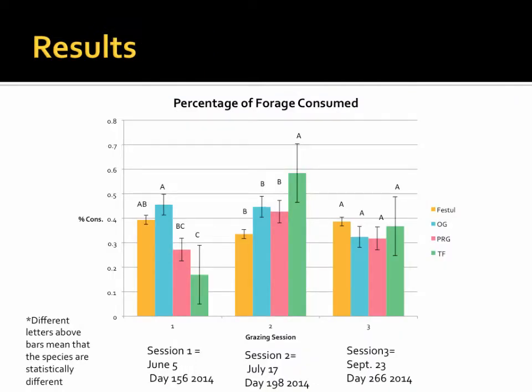And so for my results, my primary variable of interest here was percentage consumed. And so what you may be asking yourself right now is, why do I not have varieties here? Because my bar simply represents the 4 species that I'm using, and my statistical analysis actually showed that, at least in this particular study, when species are present, varieties don't seem to have a significant effect on their preference from one plot to the next. But rather, species is highly significant and has a highly significant interaction with the time point of their grazing. So in that sense, this one graph essentially explains all the data that I have from my first year of harvest, where I have